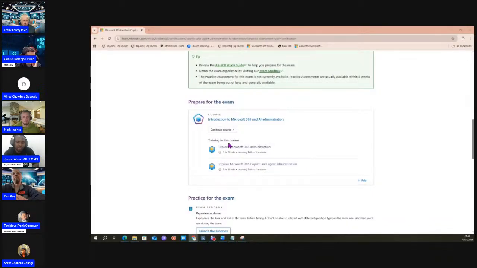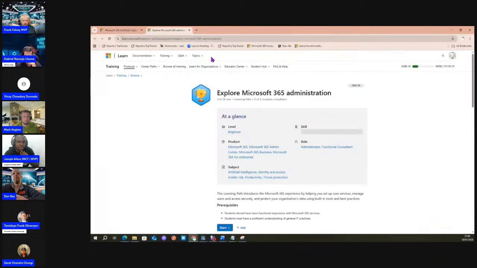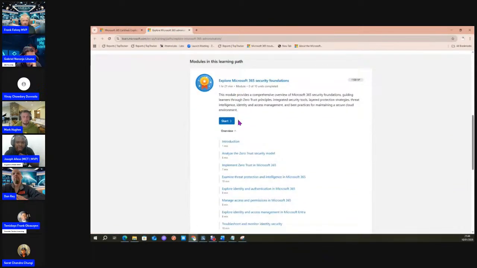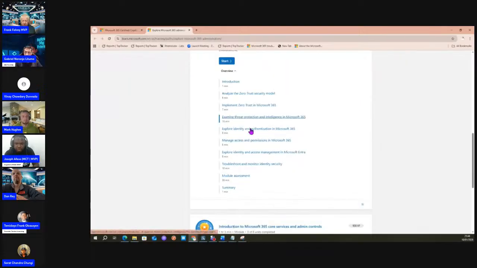In my mind, this is something to look out for because the MS-102 did not really address some of the simple concepts that people would love to learn about, but this one came into analyzing zero trust, which is likely coming from